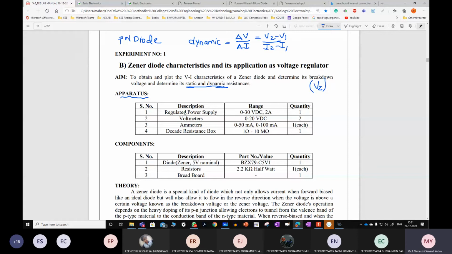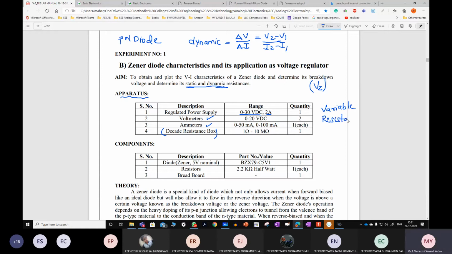Apparatus. One is a regulated power supply, which is generally 0 to 30 VDC and 2 amperes. Next, a voltmeter, which is used to measure voltage across, and an ammeter, which is used to measure the current through the element. Next, a decade resistance box. What is this? Decade resistance box means variable resistance.